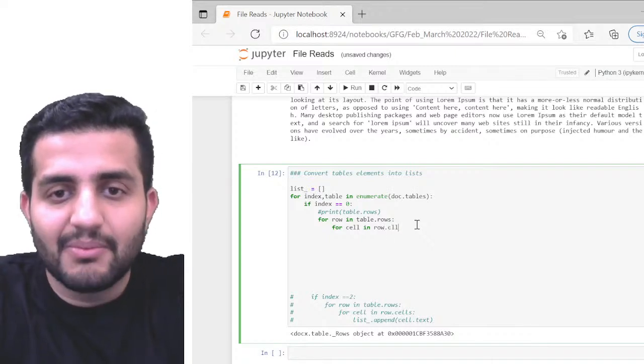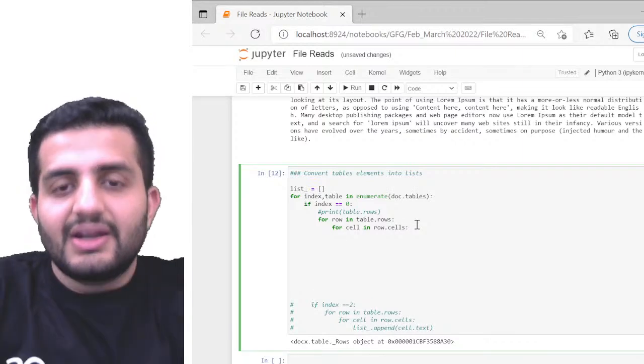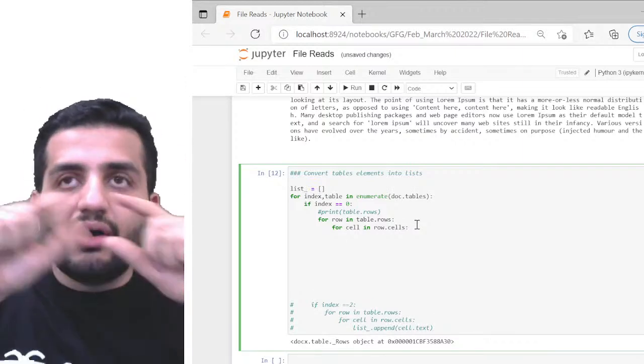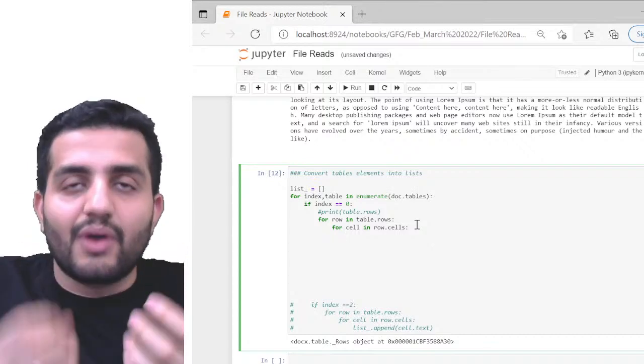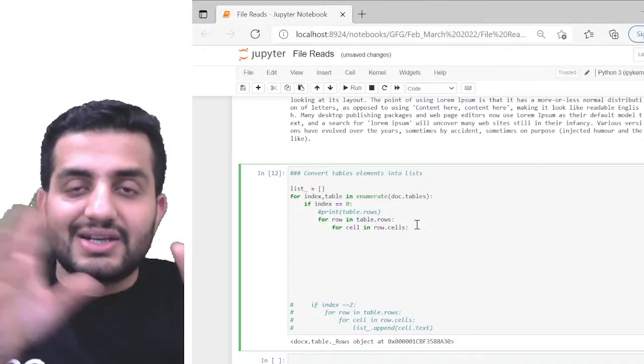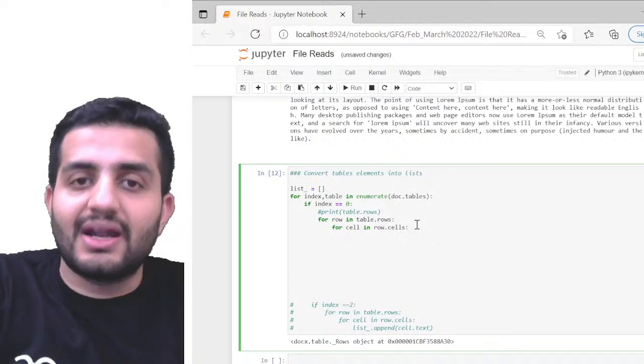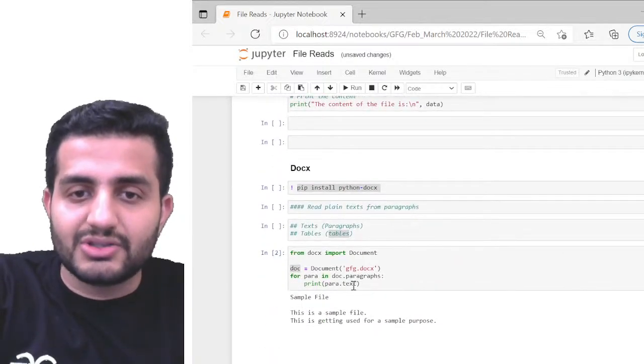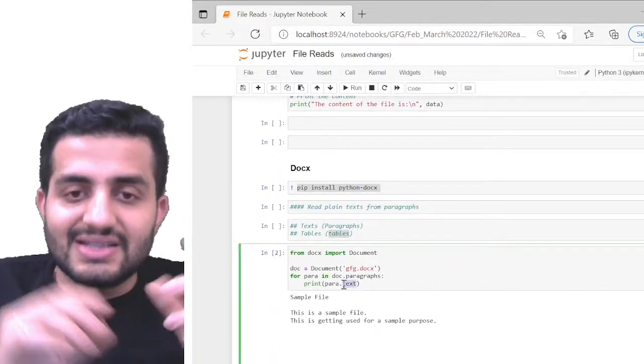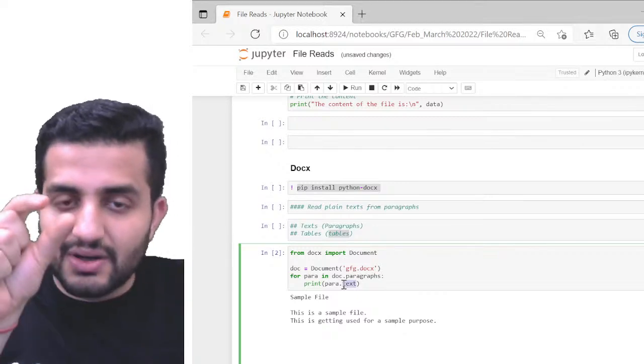So cells is again another attribute I have for this. Now I have this one cell. Now on this cell, I want the text. I want whatever content is there. So text is still applicable, as in the paragraph. We saw that, right? So we have the text here also, para.text. So text is actually giving me the actual content.